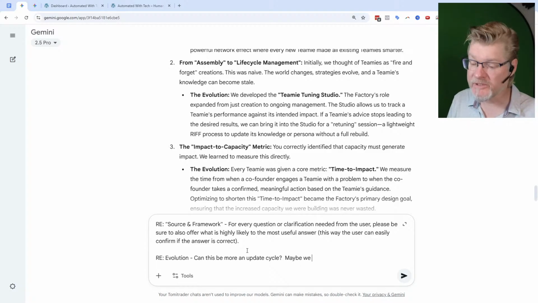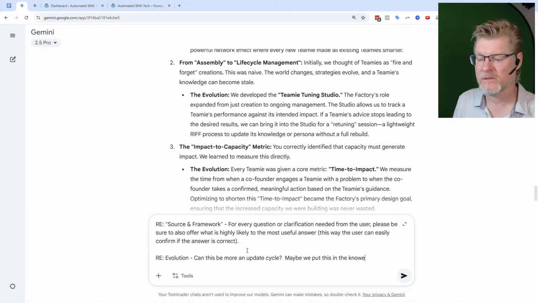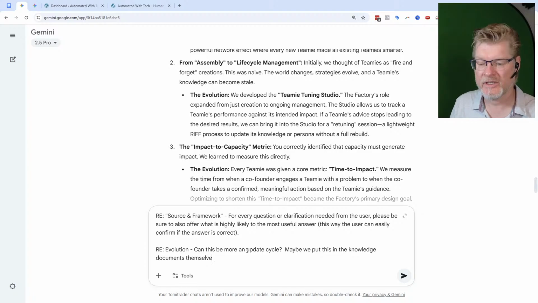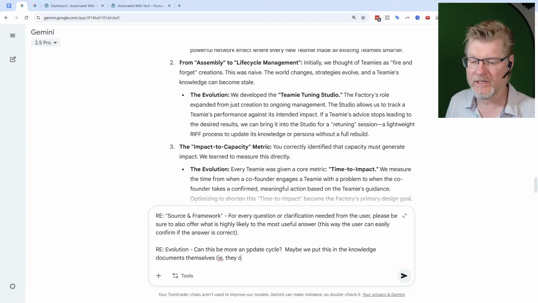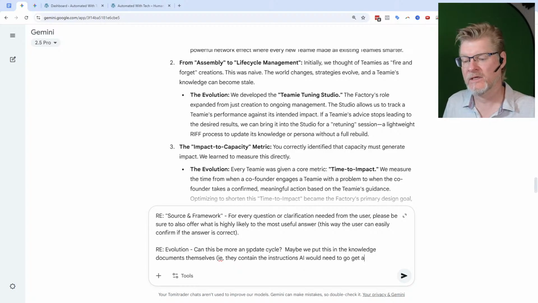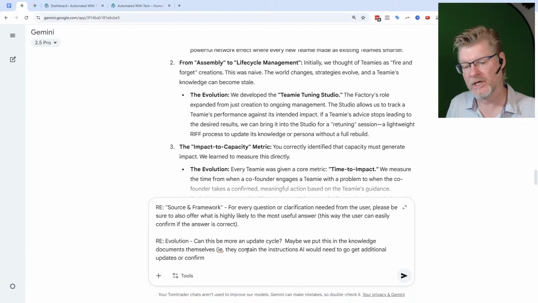Maybe we put this in the knowledge, actually. Maybe we put this in knowledge. Knowledge documents themselves, i.e. they contain the instructions AI would need to go get additional updates or confirm